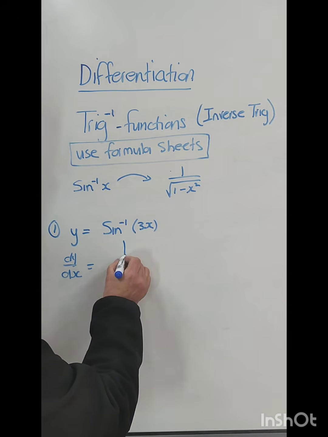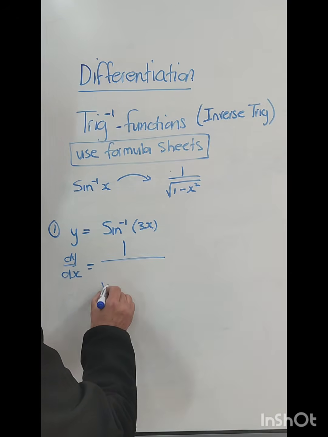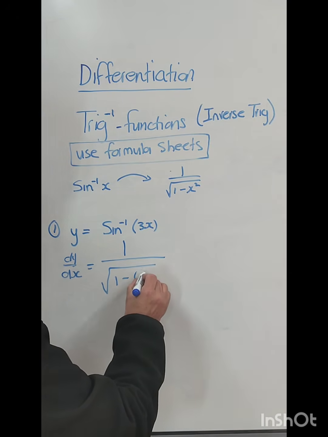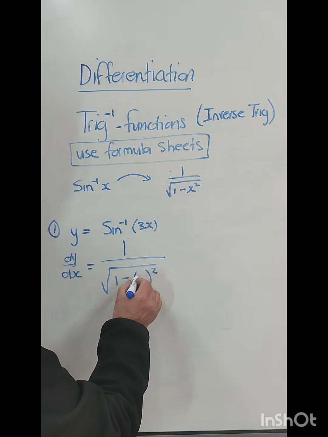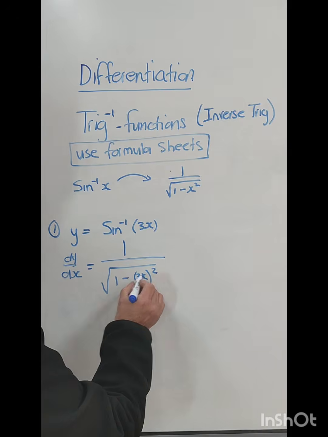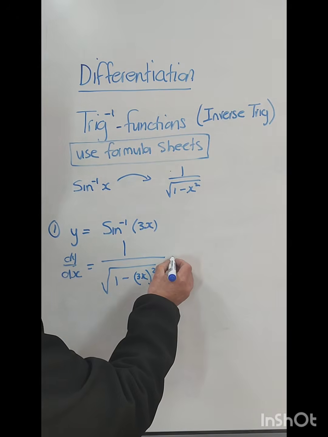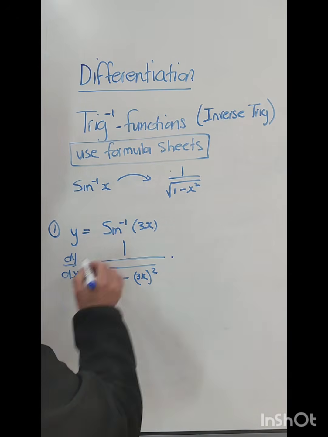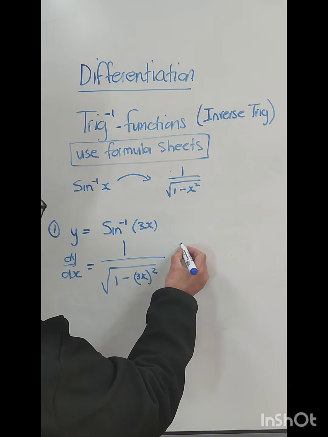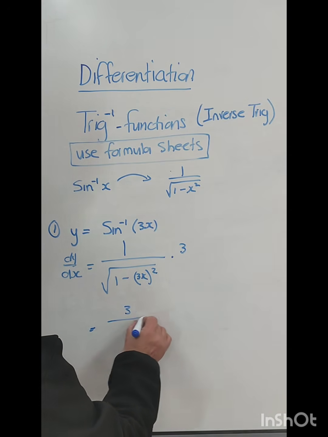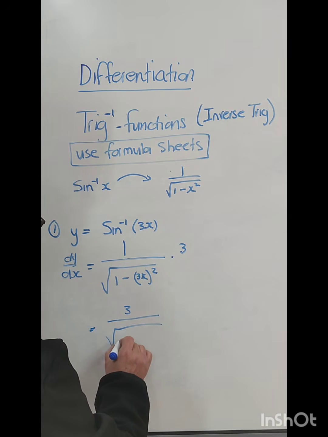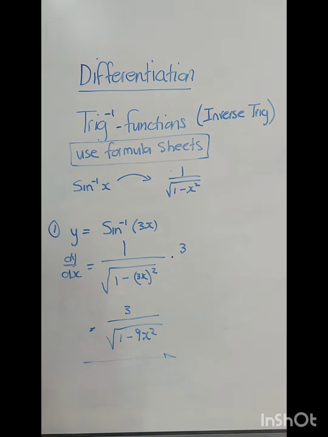Now you have to see inverse sine will give you 1 minus x squared, but my x is 3x, so I need to put 3x in there, and then afterwards I must multiply by the derivative of the 3x, which is 3. So my final answer will be then 3 over the root of 1 minus 3 squared is 9x squared, and that will be the result of my